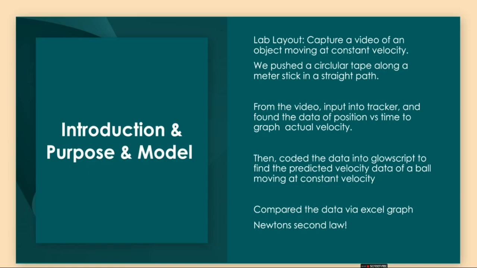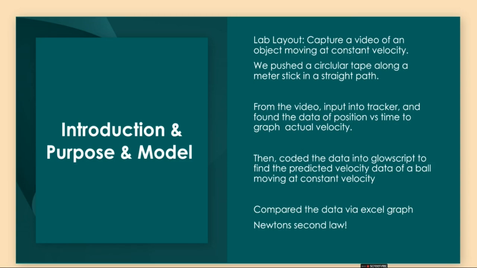So our lab layout was to capture a video of an object moving at constant velocity. We pushed a circular tape along a meter stick in a straight path. Then we took the video that we recorded, put it into Tracker, and found the data of position versus time